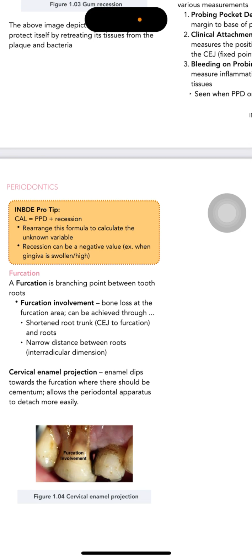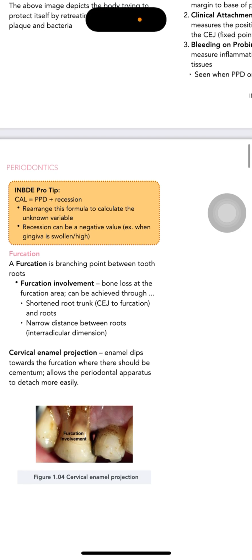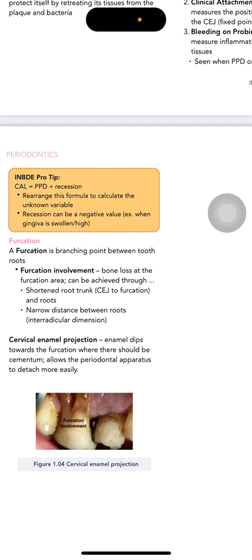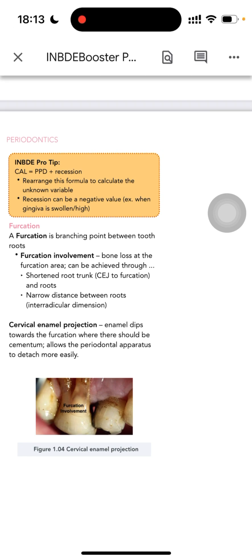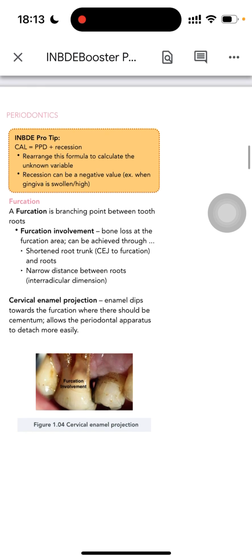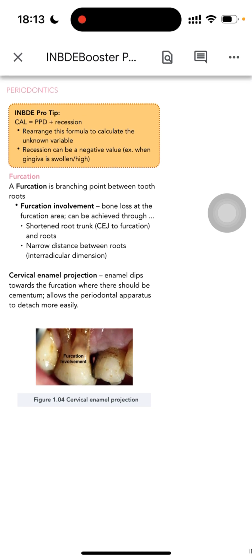Furcation. A furcation is a branching point between tooth roots. Furcation involvement is bone loss at the furcation area, which can be affected by a shortened root trunk, from the CEJ to the furcation, and by roots. Narrow distance between roots is the interradicular dimension. Cervical enamel projection. Enamel